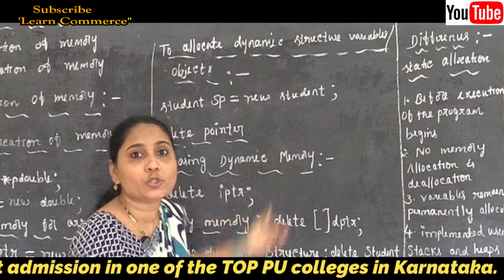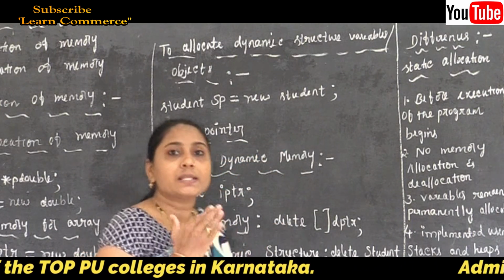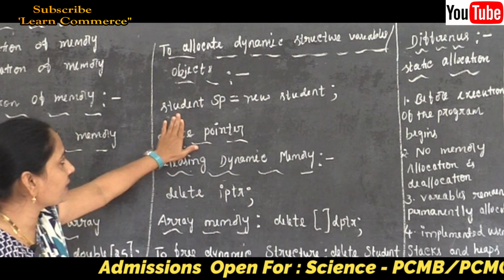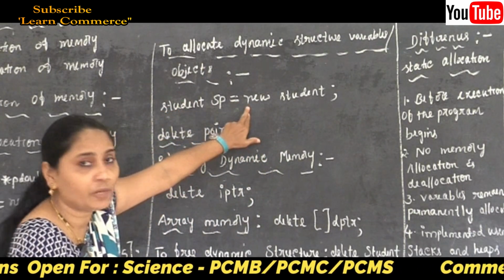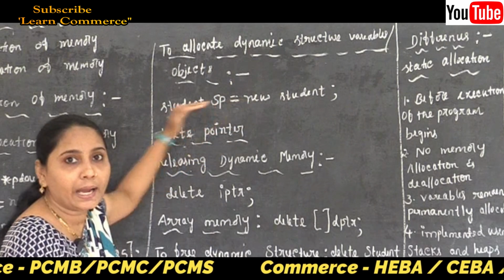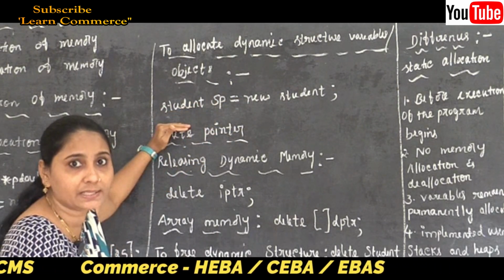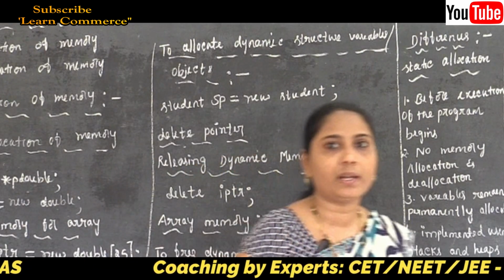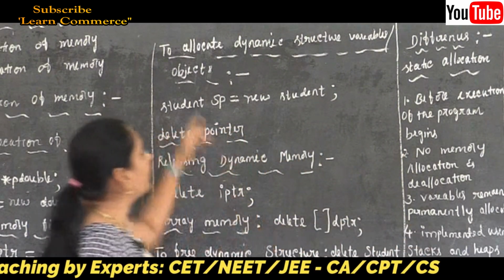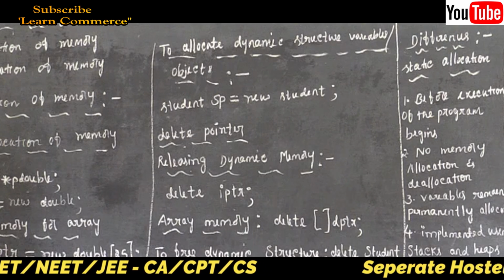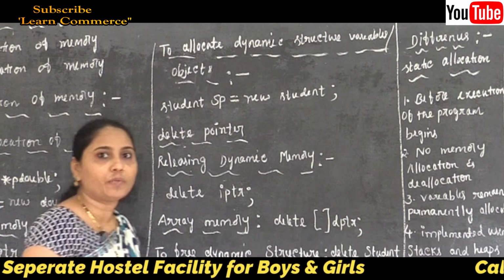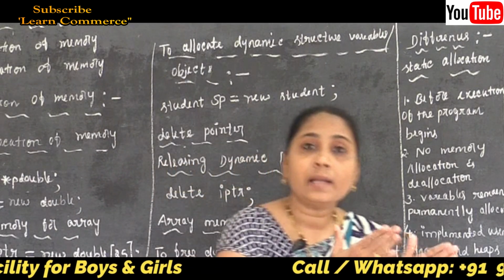That means we are going to allocate the memory for the structure variables here. Otherwise, you can write, for example, Student sp. First of all we need to declare, and in the second line we are going to write sp is equal to new Student. Otherwise, by using one line only it is going to allocate the memory for the structure variables. Correct? No? Why? Because we already declared one structure variable in the last concept.